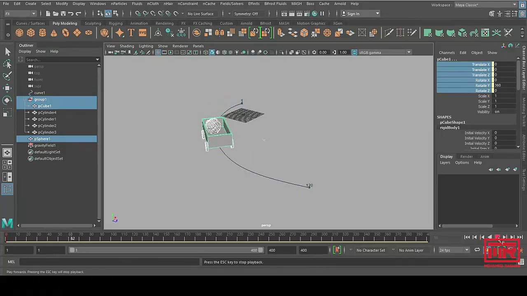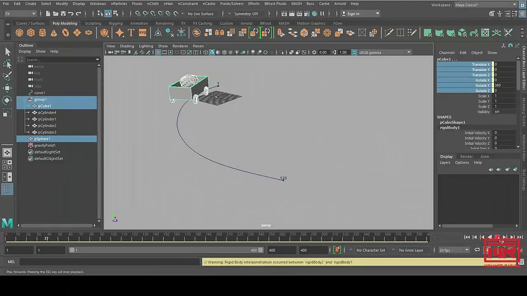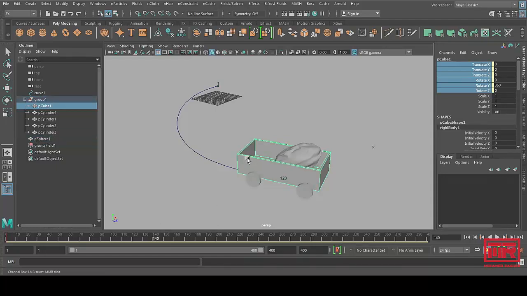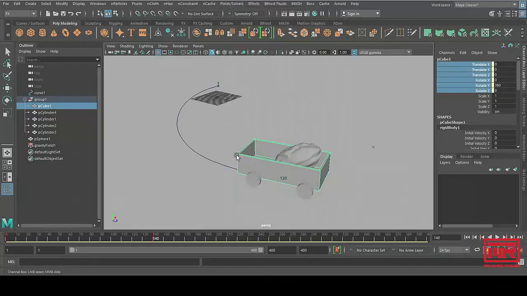to see what is happening. Something like that. And it stopped, of course, at 120. So after that, maybe I will play it until 140, something like that, and I will select the rigid body box here, and I will set a passive key to preserve this position, and maybe I will move forward to 180